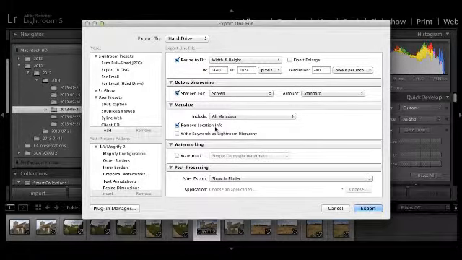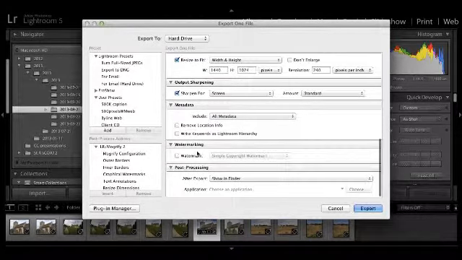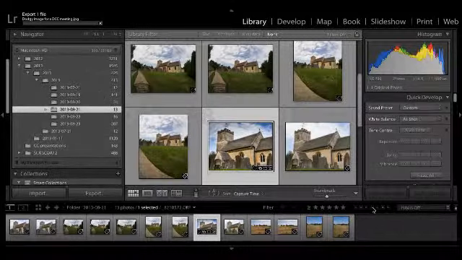Do I want to remove the location information? If I had a GPS thing on my camera, some of you may have, it'll have location information. I don't want to remove it, I want to keep all of the data with it. I don't want to apply a watermark this time because I don't want the image to be corrupted in any way. And then the last thing I want to do is when it's finished exporting, I want it to show me where it's put it so I can find it. So you just leave show in Finder there. Okay. I now click export,